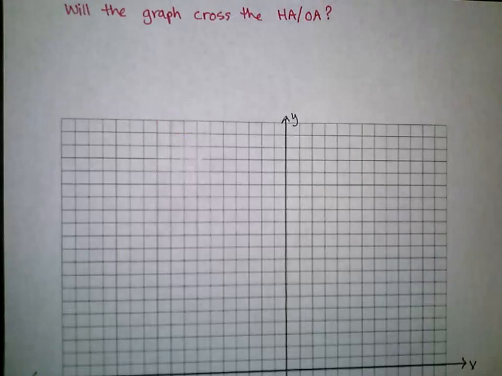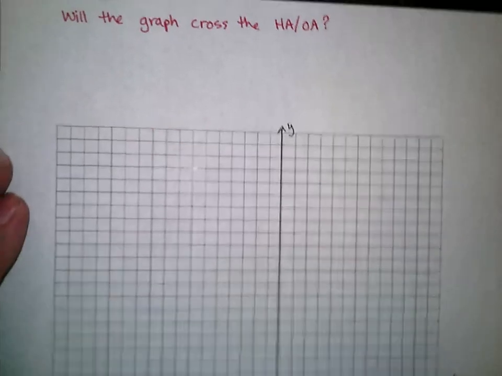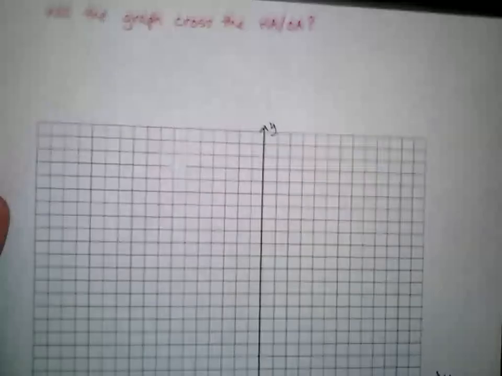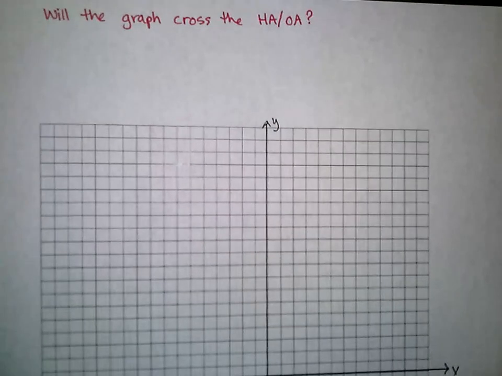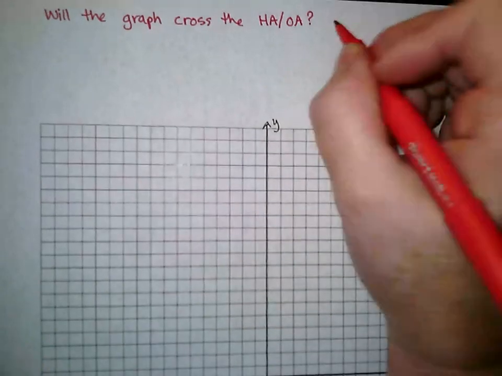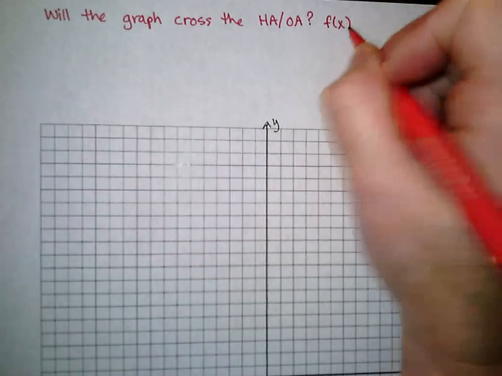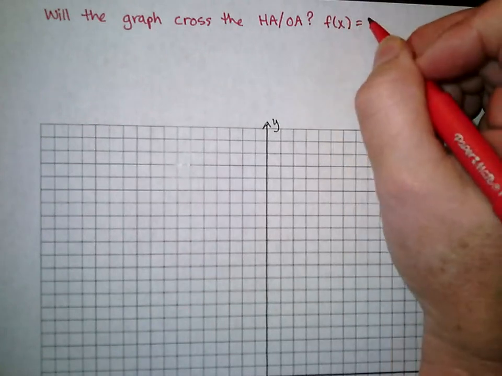I kind of cheated and paused the video and drew my axis. So you can pause the video and catch up, and then join me back in. So deciding whether the graph will cross the horizontal or oblique asymptote, what we do is you set your function equal to the asymptote itself